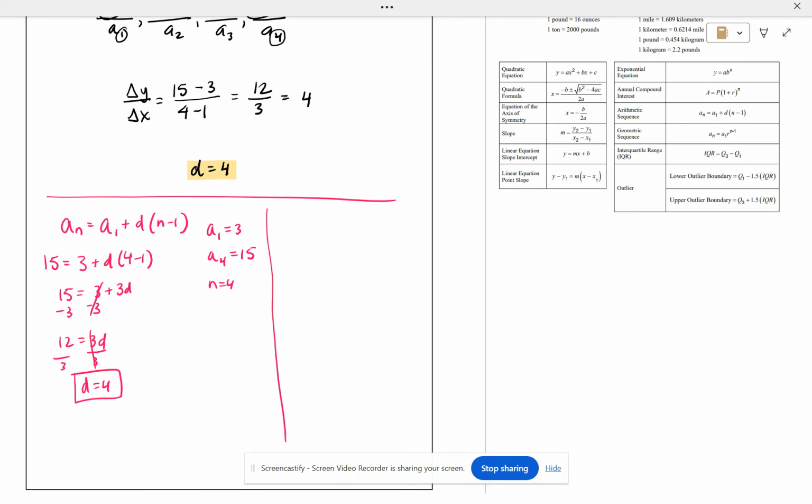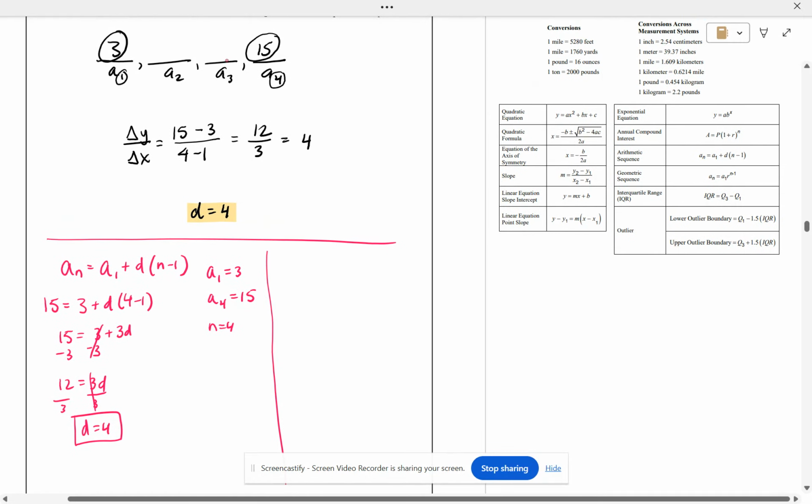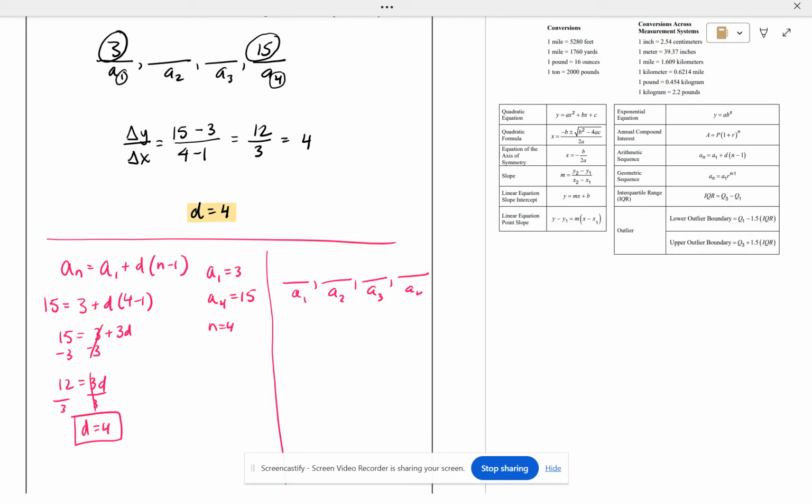And then if you just wanted to do it by just raw reasoning, right? So you have your dashes again. These are all different ways to do it. You can just turn off the video when you see the way that speaks to you, so you don't get confused. So you can just be like, okay, so to get from the first term to the second